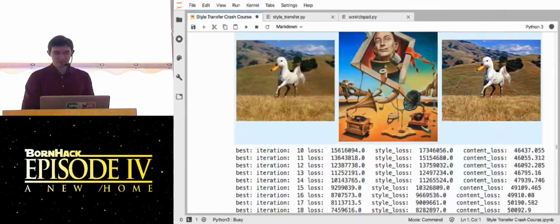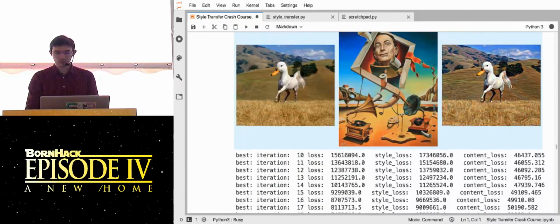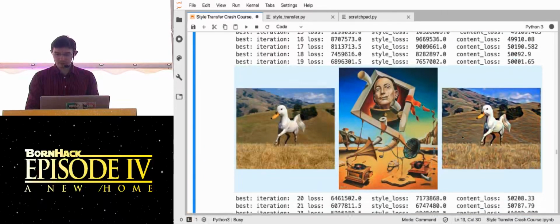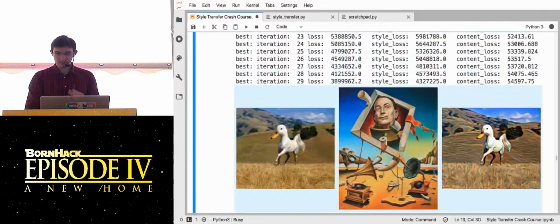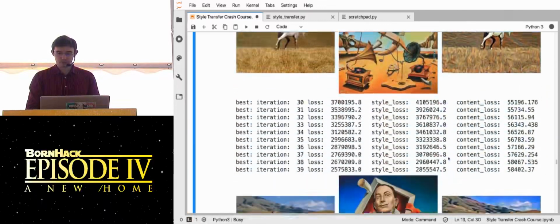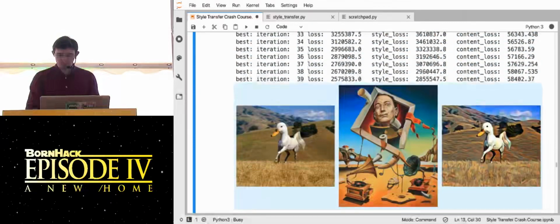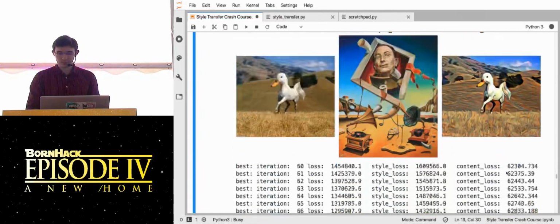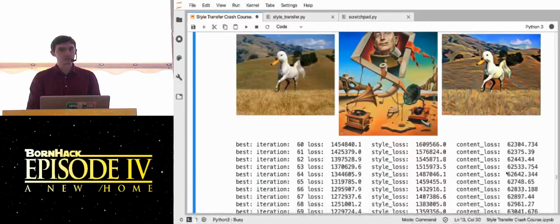But yeah, you can see that lines are getting smoother, the colors are getting more saturated, there's almost like a rainbow in its tail. The clouds look different. All of a sudden, the tree has grown a leg and looks vaguely like a bird. And the colors are getting more and more vivid. And we see a much more vibrant dark here. And the grass doesn't look like grass anymore. And yeah, we can see that our little model has learned to make a better combination of those two images.